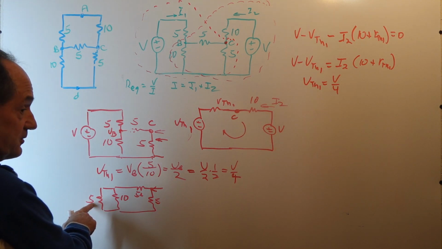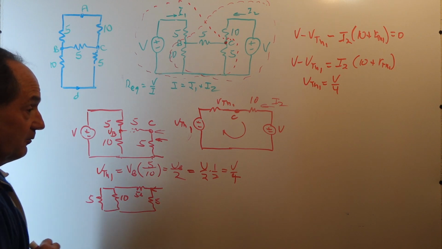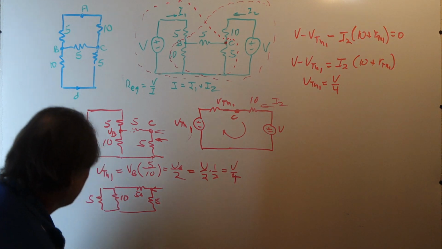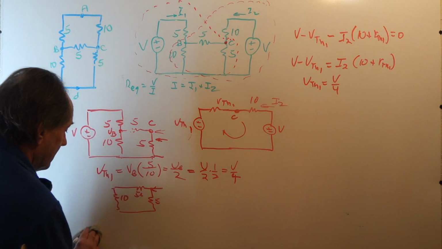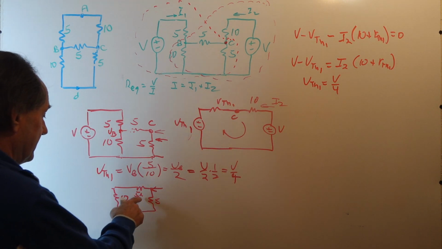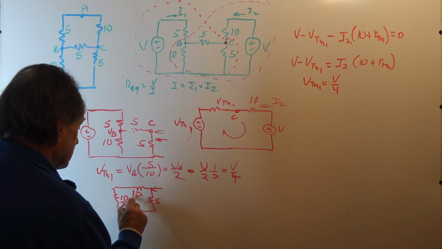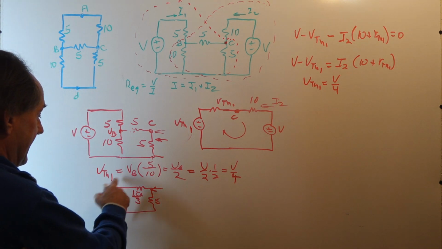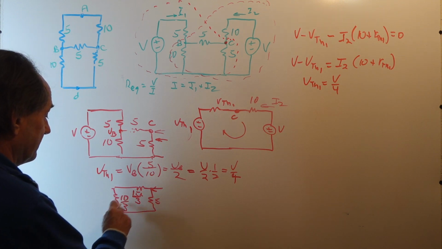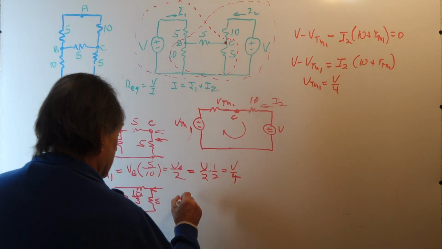A 5 ohm resistor is the same as two 10 ohm resistors in parallel, and then in parallel with another 10 ohm resistor gives us an equivalent resistance of 10 over 3. So I can replace that with 10 over 3. And 10 over 3 is in series with the 5 ohm resistor. Well, the 5 ohm resistor is 15 over 3. We add it in series with 10 over 3, so the equivalent resistance here is 25 over 3 in parallel with 5. So I will rewrite this as,